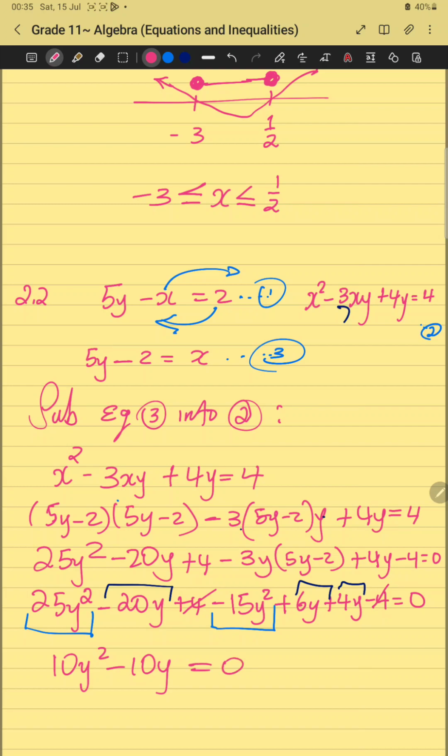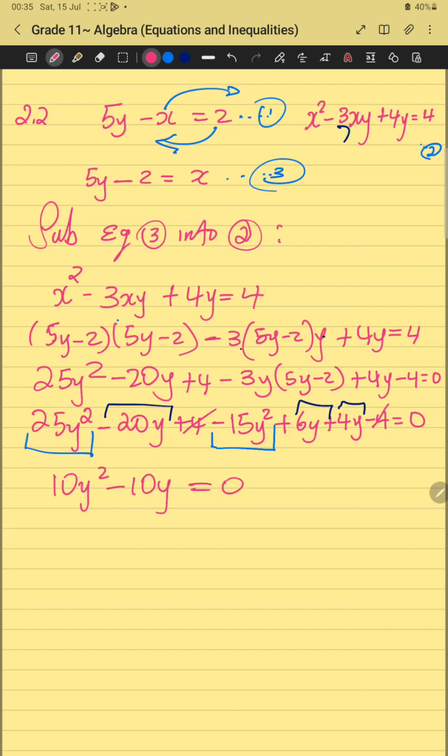So this is what we have here. All right, so the next step is to factorize. In fact, just to take out the common factor, we've got 10 and y, they are common. So 10y is common, and then inside a bracket we have y minus 1, equal to 0. And then you say therefore